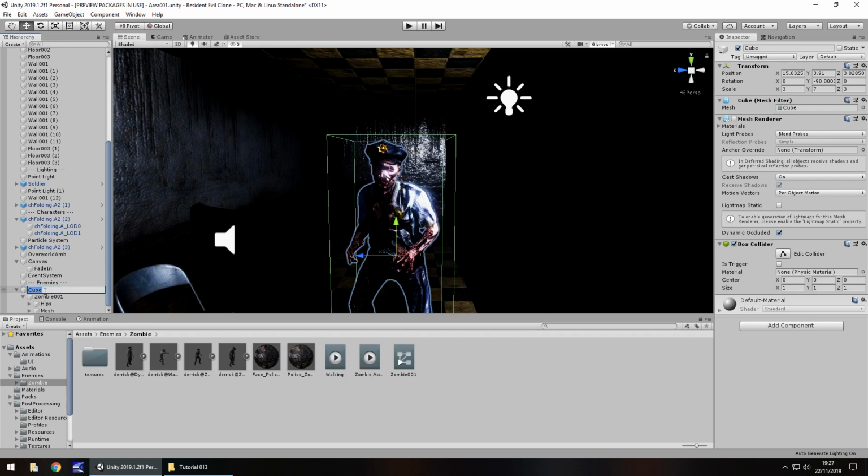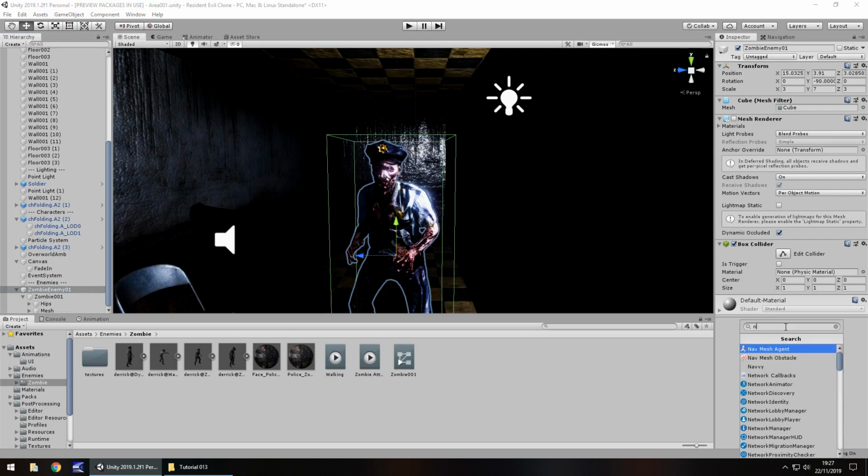So I'm going to rename the cube to basically say zombie enemy 01. And that is going to be the key to all of this. Our zombie is now encased inside this cube, and this is going to serve many, many purposes. It may seem a little archaic to some people, but for future proofing, this is going to make things a lot easier for us. So what we need to do now is click on Add Component,